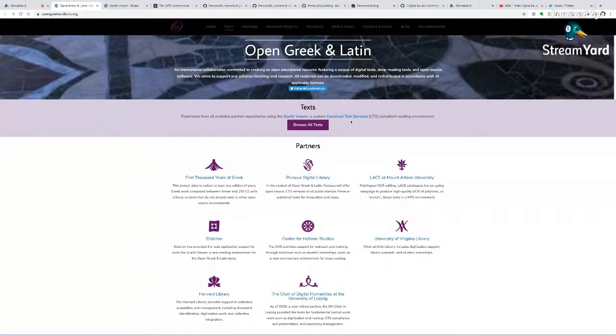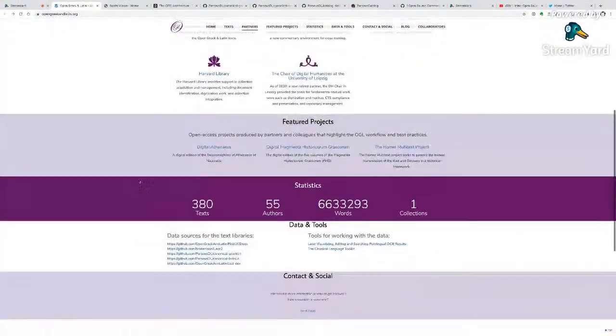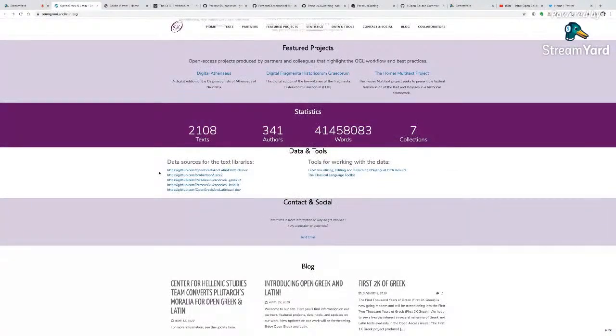And you can find other sessions in our repositories in GitHub for Sunoikisis concerning the CTS, the Canonical Text Services, and the site architecture. Anyway, if you access this web page, you can also access data, as you can see, data sources for the text libraries, and here you have different links to GitHub.